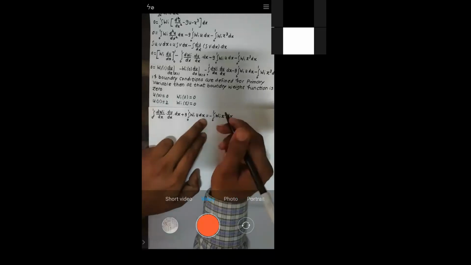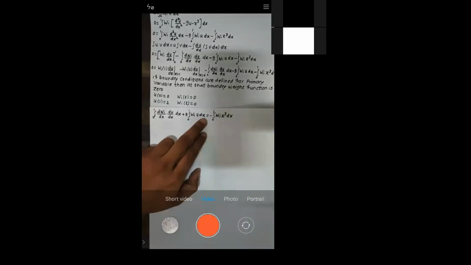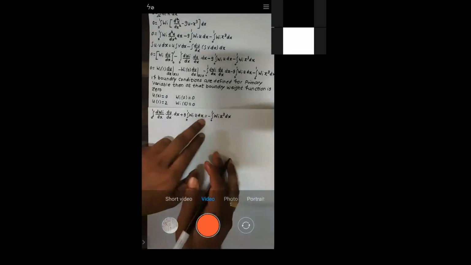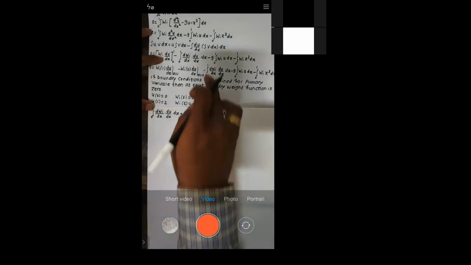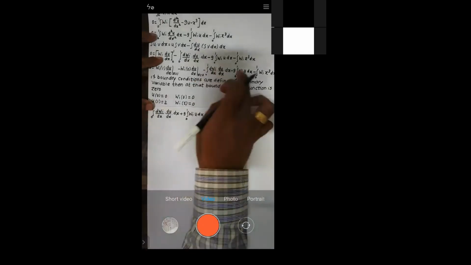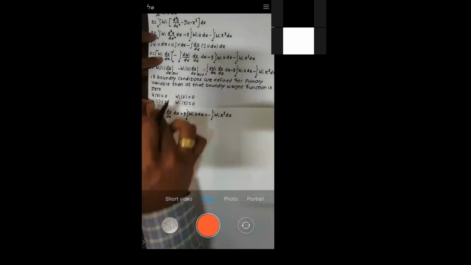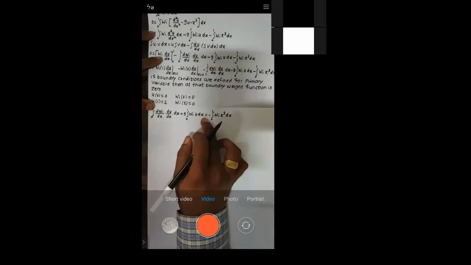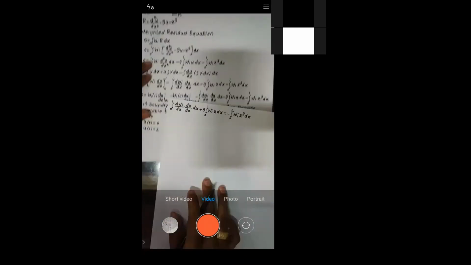Is it okay with this one? Yes, sir. Just bring these two terms on the left hand side, so they become plus, and this term you keep on right hand side only, so it is going to remain minus 1, right? Now see all of you, what difference you will get.